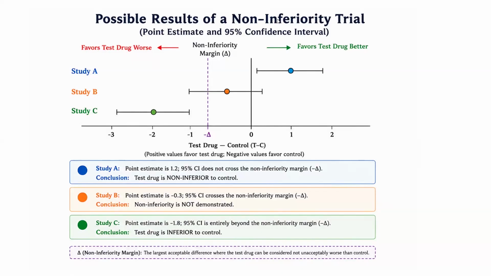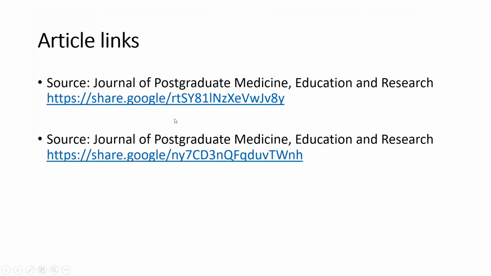How can we explain this with the help of the 95% confidence interval and the point estimate, that is a difference, okay, mean difference or proportion difference, outcome difference, and its 95% CI. We have to see. Okay, now I have sent you articles. So now move to practical explanation. Okay, hands-on.